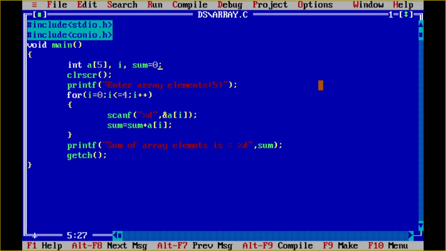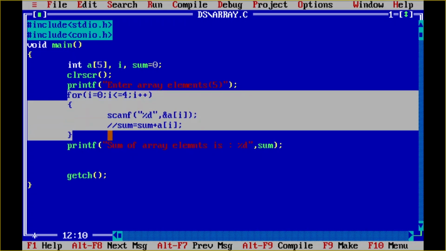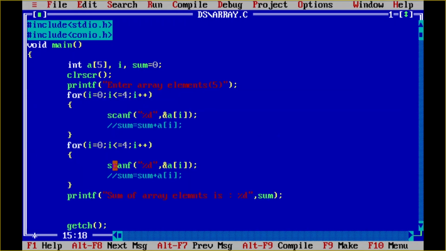Now the second task that you have to do is to find whether an array element is even or odd. It's very simple. How do we go about finding whether any element is even or odd? Even number. What is an even number? Divisible by 2, right? So for this purpose, I will comment this statement. Basically now I have accepted all array elements, and secondly I will print all array elements. So I'm going to copy this statement and paste it here, and instead of writing scan, now I